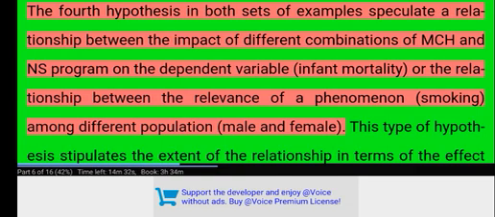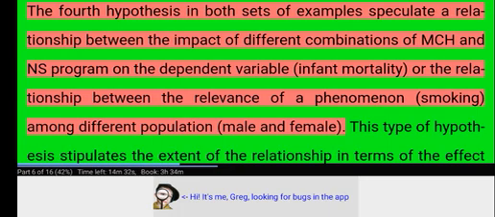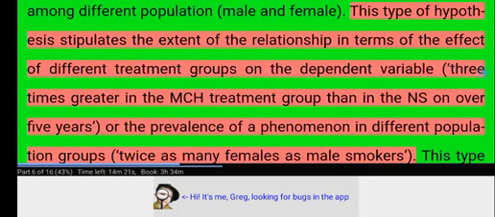The fourth hypothesis in both sets of examples speculates a relationship between the impact of different combinations of MCH and NS programs on the dependent variable, infant mortality, or the relationship between the prevalence of a phenomenon, smoking, among different populations, male and female. This type of hypothesis stipulates the extent of the relationship in terms of the effect of different treatment groups on the dependent variable, 3 times greater in the